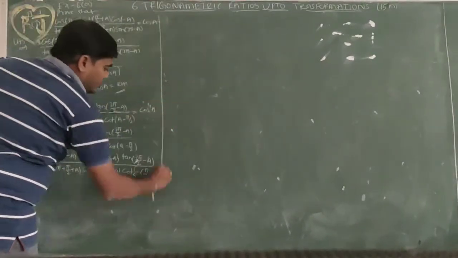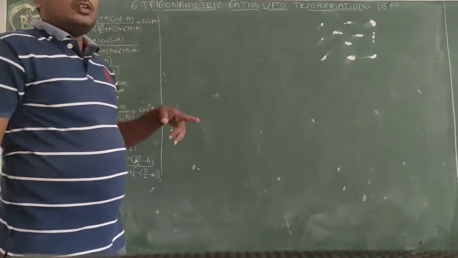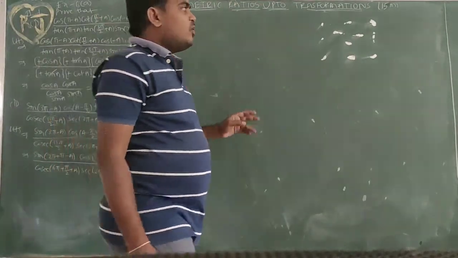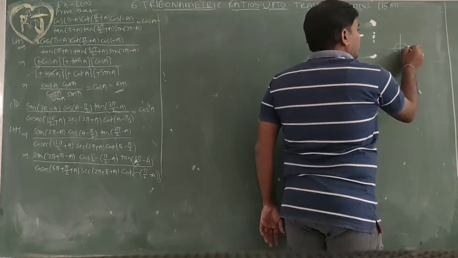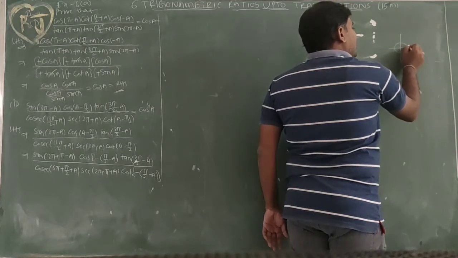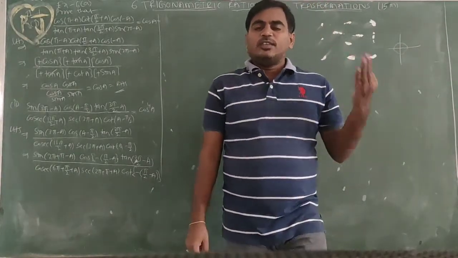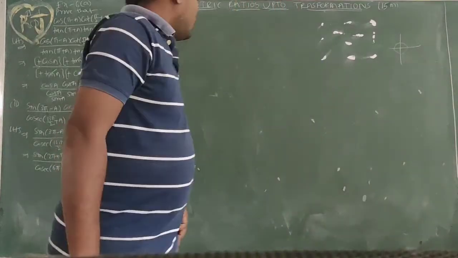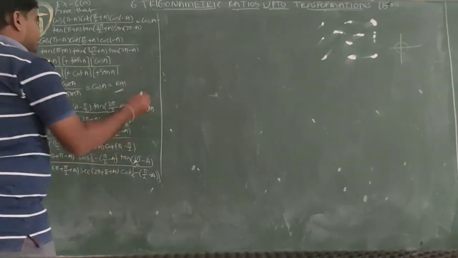Next, after this, 2 pi equal to 0, 6 pi equal to 0. 2 pi is one complete revolution, 0. Again 4 pi, 2 revolutions, 0. So this is pi by 2, pi, 3 pi by 2, 2 pi, again a complete revolution, again 2 pi. So 2 pi equal to 0, 4 pi equal to 0, 6 pi equal to 0. Integral multiples of 2 pi are 0. So 2 pi equal to 0, 6 pi equal to 0. This 2 pi is also equal to 0.